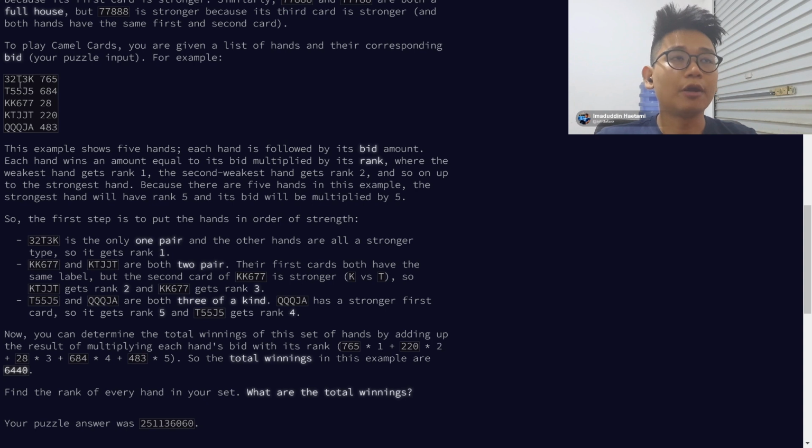Our puzzle input is a bunch of hands and their corresponding bid values, and we are supposed to give them a rank where rank 1 is the smallest, and because there are 5 inputs here, rank 5 is the highest. After that, we are supposed to give the summation of the product of each corresponding bid and their corresponding rank. So in this sample, we can see 32T3K is only 1 pair, so we give it rank 1. And QQQJA is a 3 of a kind, which is the highest combination, and